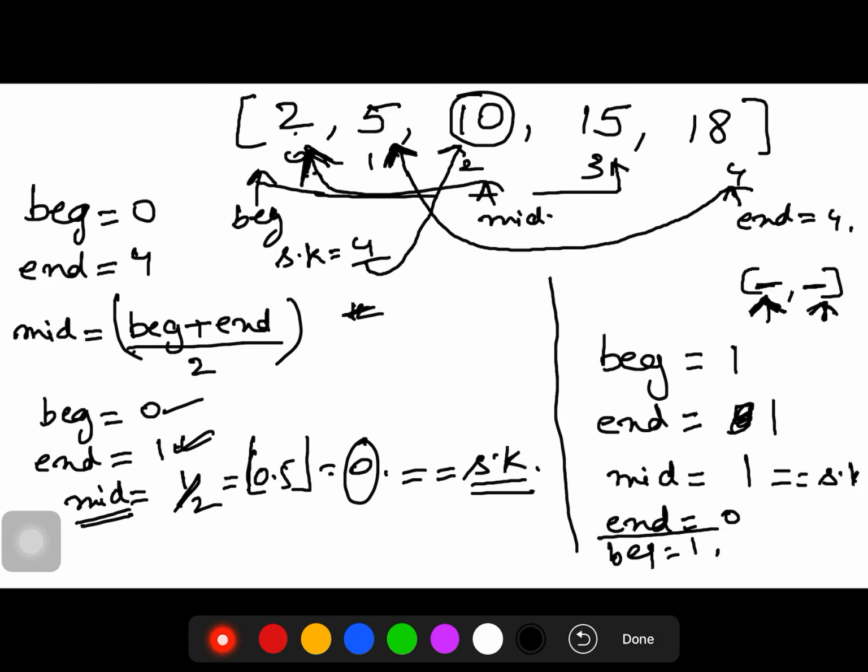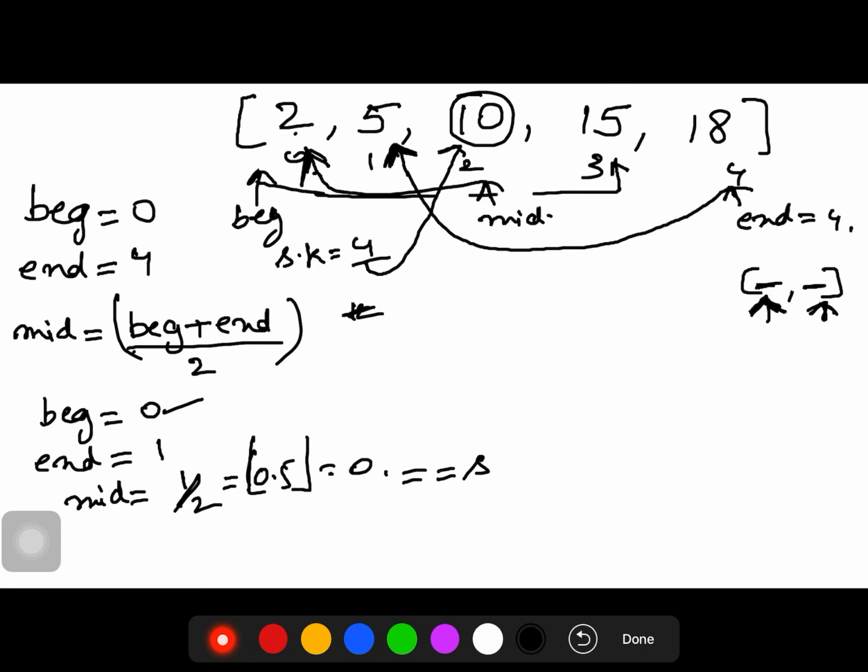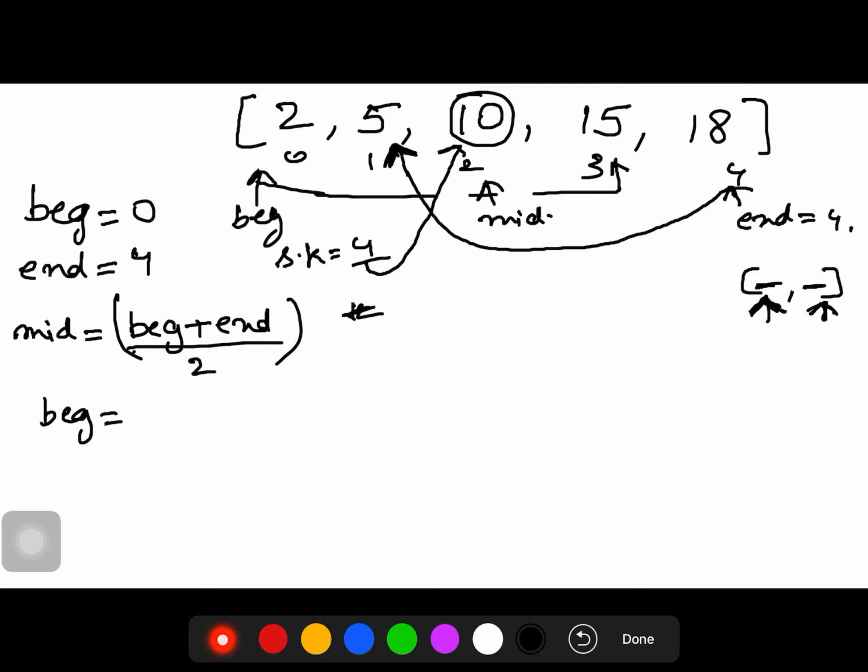Again I am showing you what is there. There are 2 pointers, beginning and end, which are pointing to the first and last element of the list, and we have another pointer which is mid, which will point to the mid element of the list. We will keep on comparing the mid element with the search key. If the item is less than the mid, we change the position of our end. If the search key is greater than mid, we change the position of our beginning.